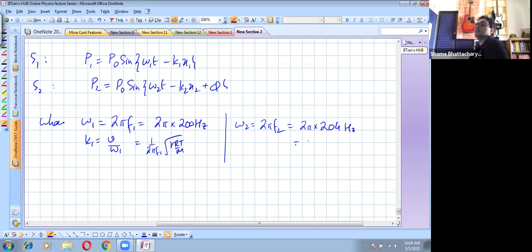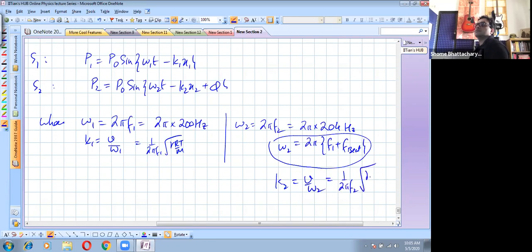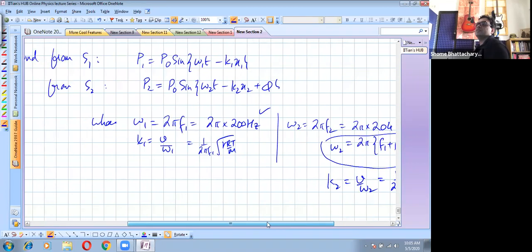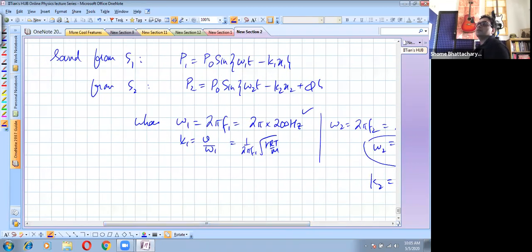Okay. Or you can see it as 2 pi into f1 plus the beat frequency, because we are taking the beat frequency as 4. So that is my omega 2. And similarly, of course, K2 is V by omega 2. So all these things are the same. Nothing changes. Okay. So these are this. So now you can see that the phase difference at any point of time, that is